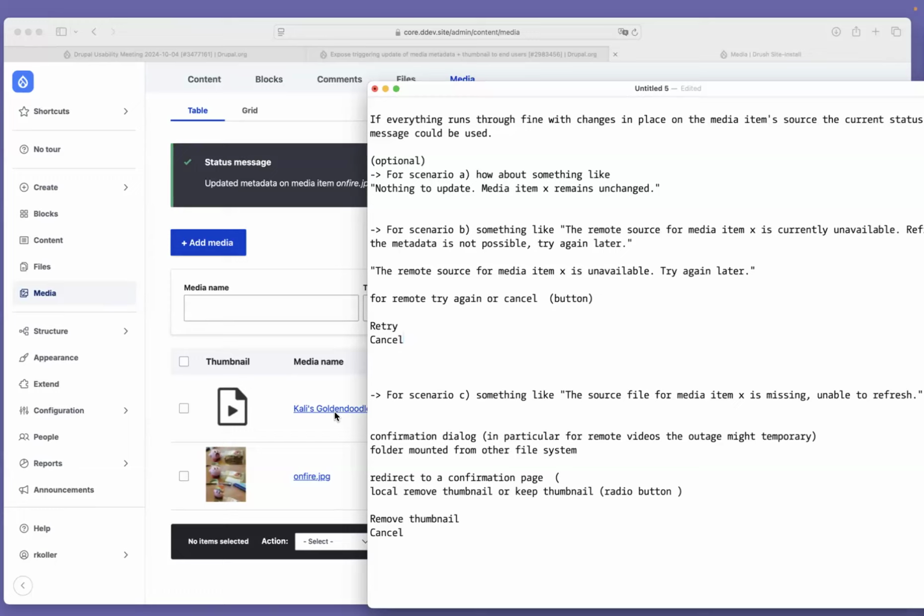So there should be a visual difference if everything goes through as planned versus there is a change on the way. That way, if somebody accidentally clicks cancel and doesn't read the status message, there would be some kind of signal that this is not the same.